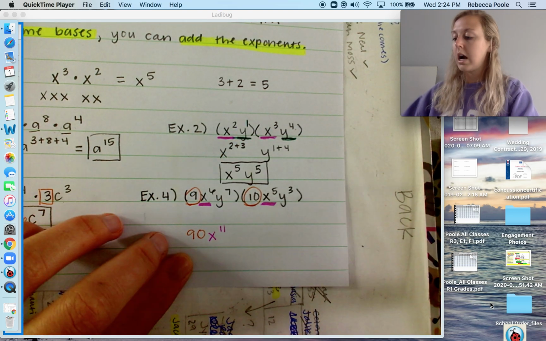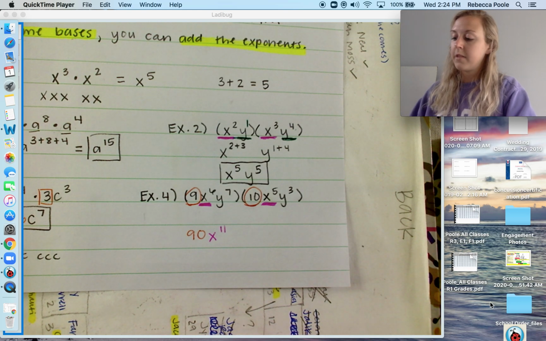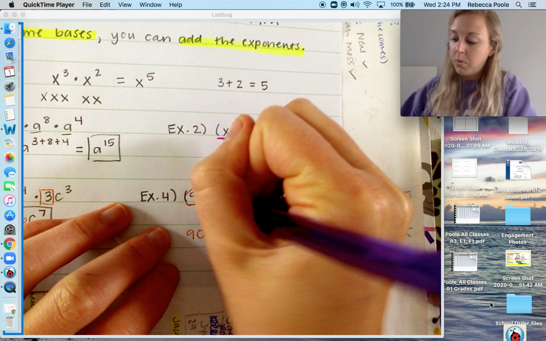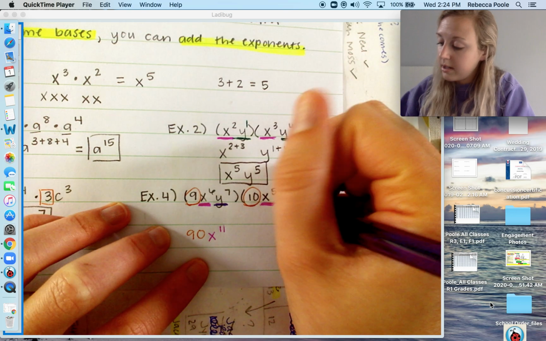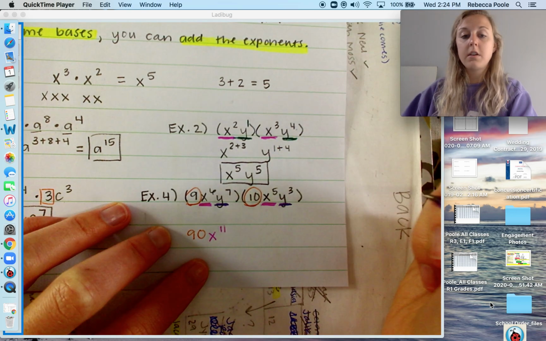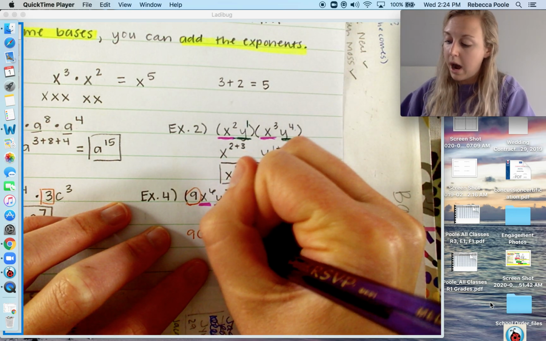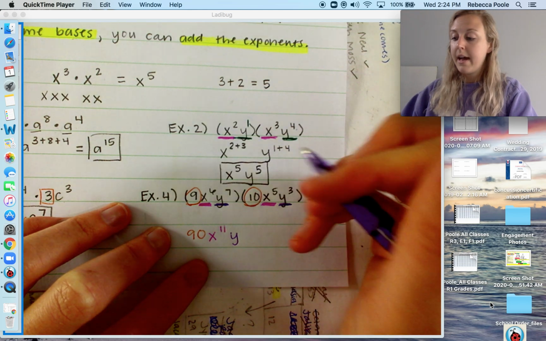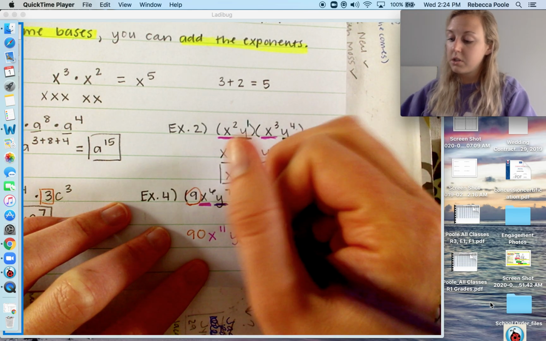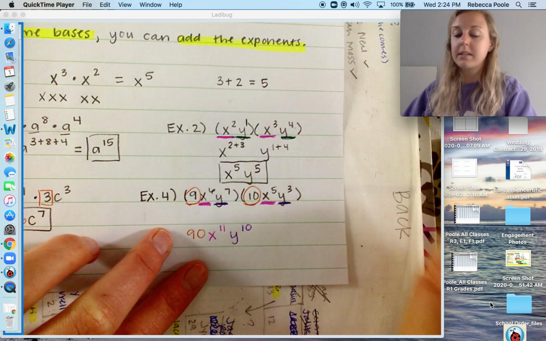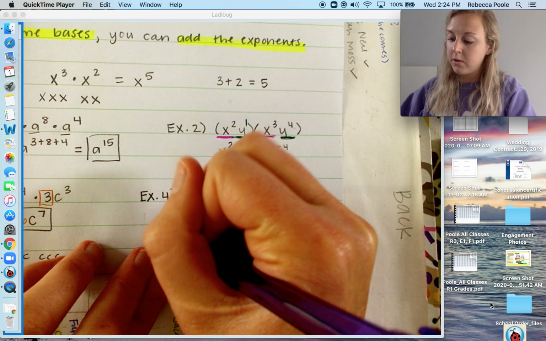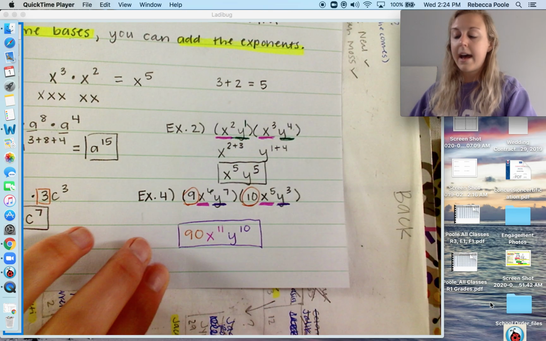All right. Now, for the next one, we have y to the 7th times y to the 3rd. They both have a base of y, so I'm going to bring that base down. And 7 plus 3, because my rule says to add the exponents, gives us 10. So your final answer here should be 90 x to the 11th